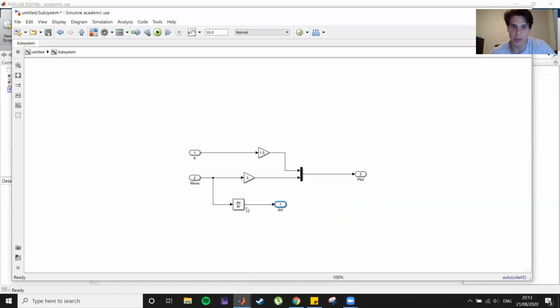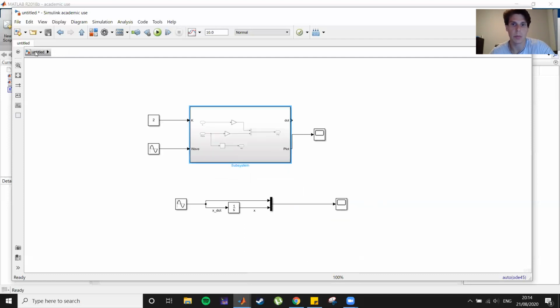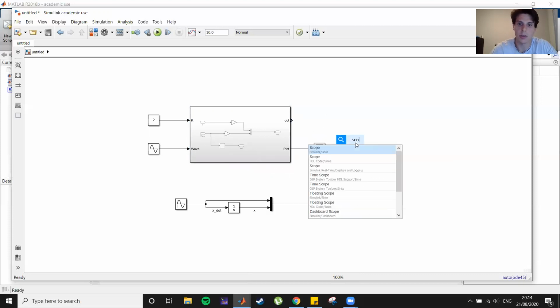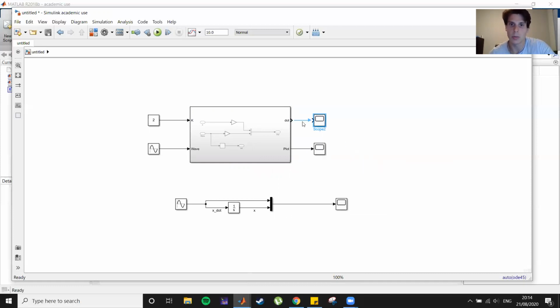As you can see, it is the derivative. The block is like delta u over delta t, where u is how we usually call the input. And here, first of all, as you can see, I selected 1. And what happened? It changed. Now, indeed, if I go back, dot has become my first output, and plot now is second. It doesn't change much in this really easy example, because I'm still going to use a scope, connect it, and